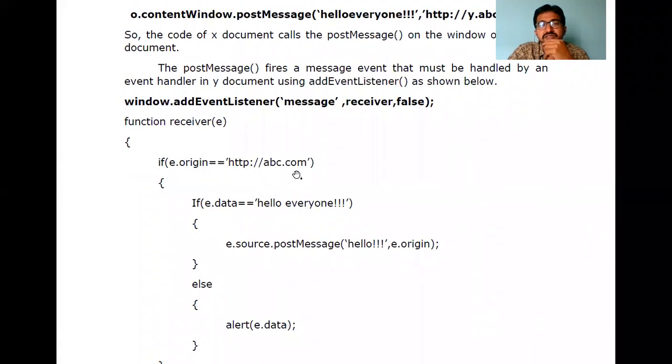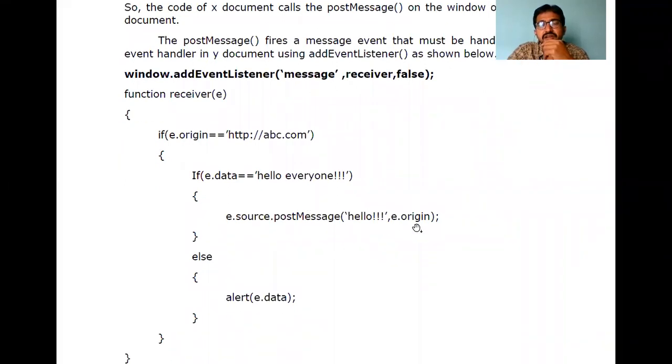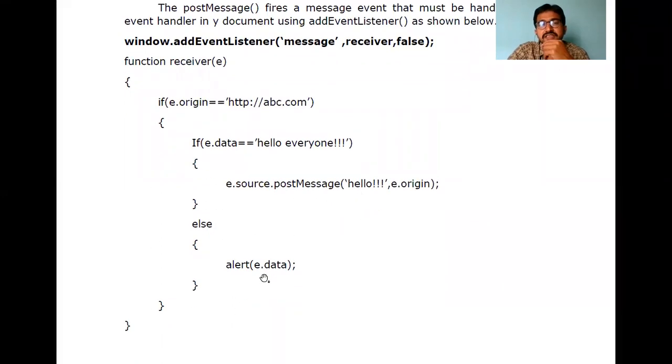If the origin where it comes from matches this origin, and the data is hello everyone, then it posts to e.origin with e.source.postMessage. What we have to open is e.origin, the website that we mentioned. Else it just displays hello everyone, with no hyperlink.